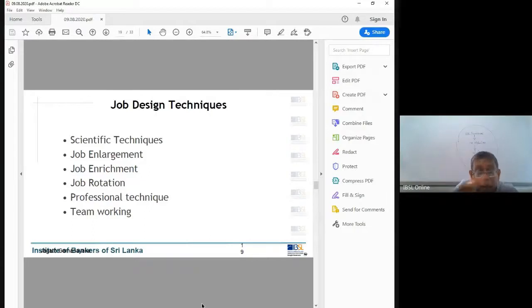We are still using it in car manufacturing, right? And the things we job design using scientific techniques,